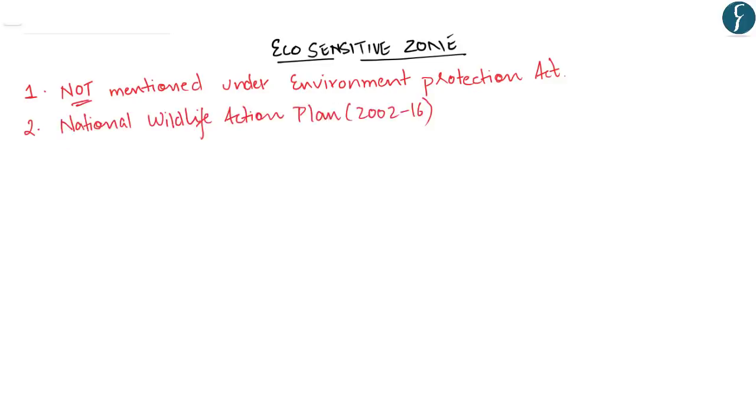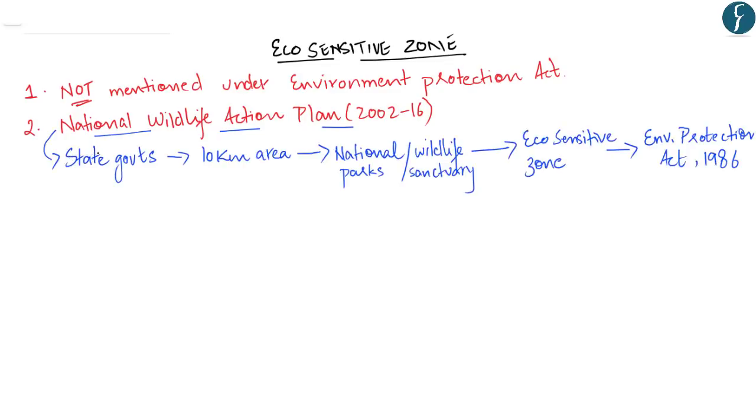The eco-sensitive zones are mentioned under the National Wildlife Action Plan, which was brought out by the Ministry of Environment, Forest and Climate Change. This National Wildlife Action Plan mandated that the state governments should declare land falling within 10 kilometers from the boundaries of national parks as well as wildlife sanctuaries as eco-sensitive zones under the Environment Protection Act